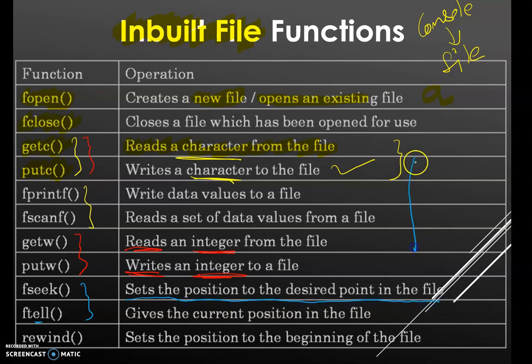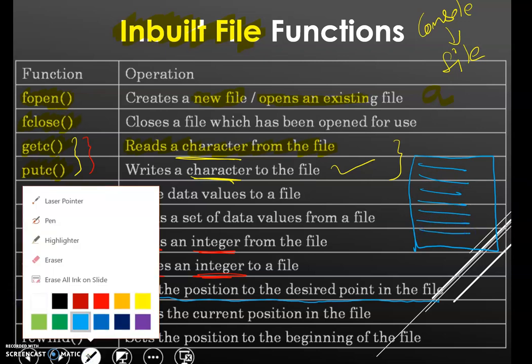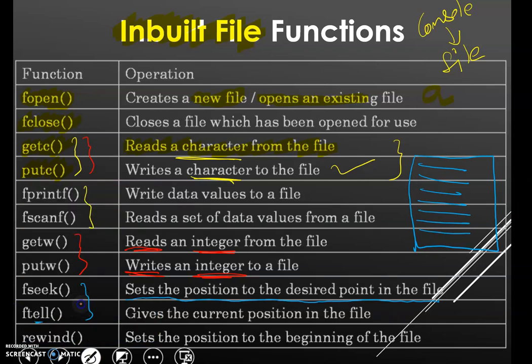Now let's say that this is my file, and I'm looking for some particular word. Let's say my word is over here, which means I'm seeking for this location, because that word is over here. So by using the fseek function you can set your pointer to the position you are seeking for. So this is the use of the fseek function.